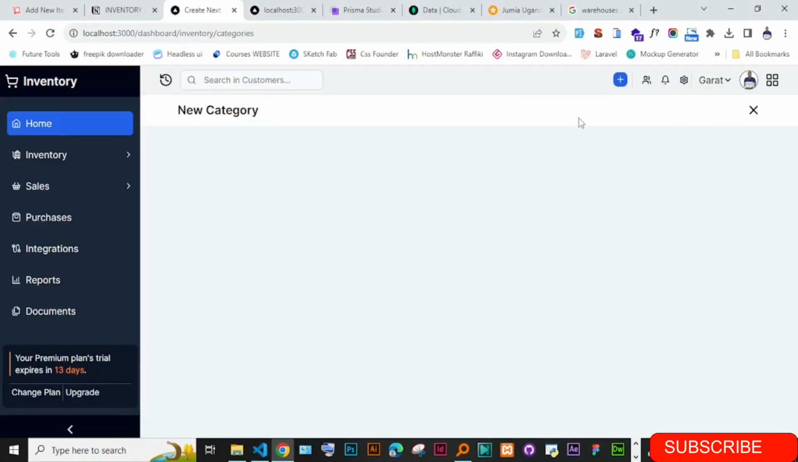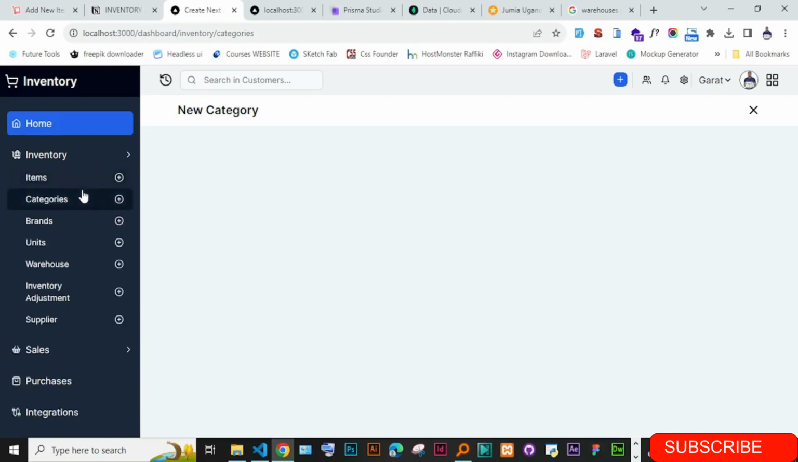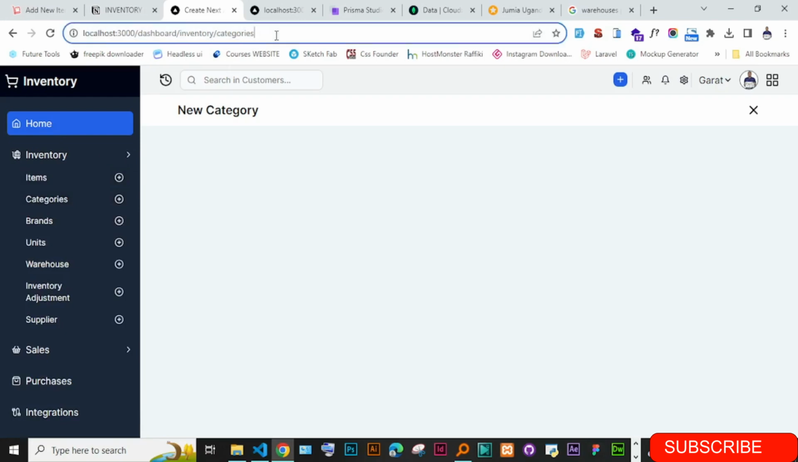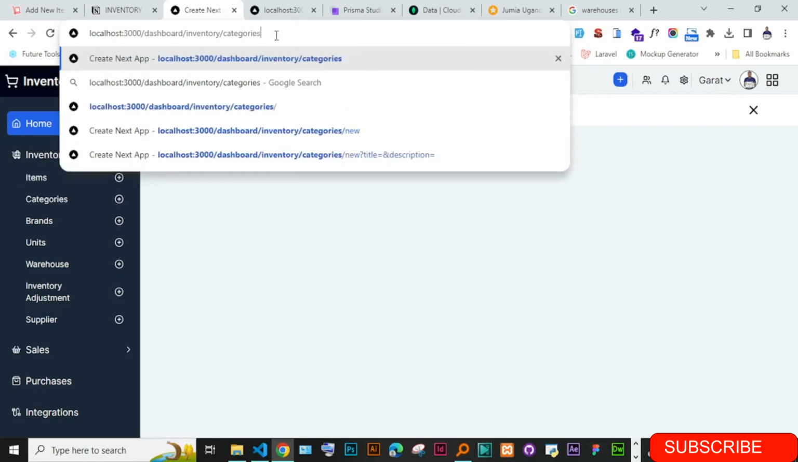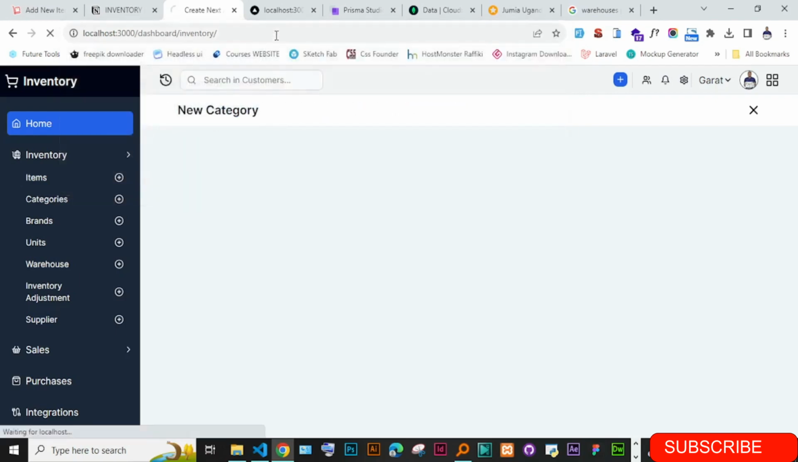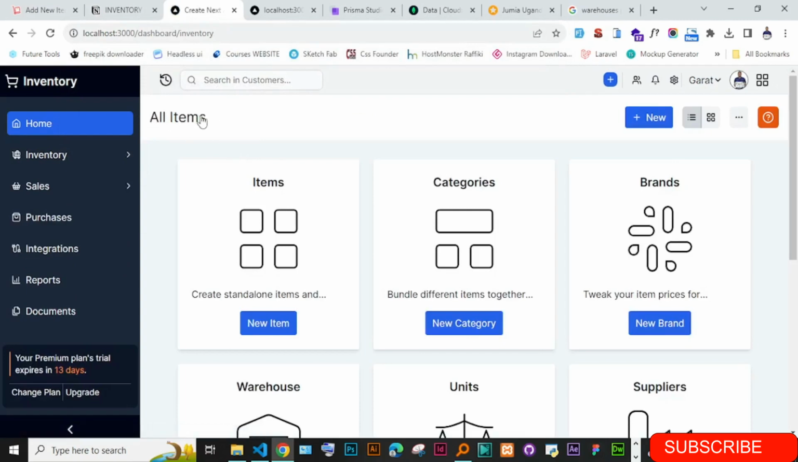Okay, so you can see I have this, whereby I have the new category. It shouldn't just be like that. I need this one. Let me see the one I want. I need the one which has this. Oh, it is actually on the inventory. I just need this banner here, the one which says all items and then new. I need to get this one, and it is on